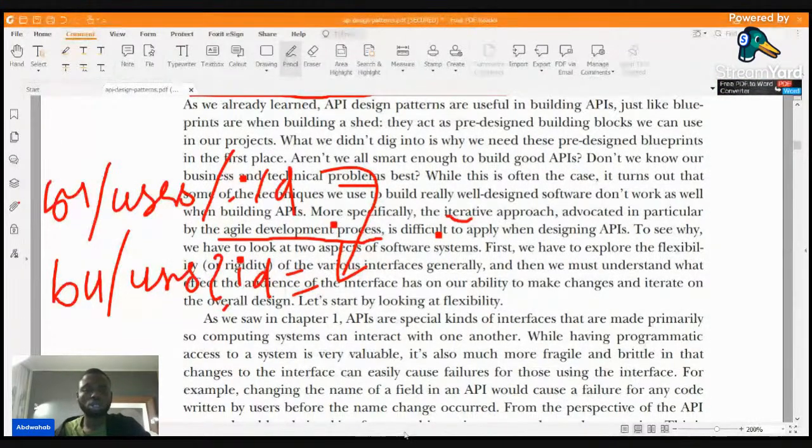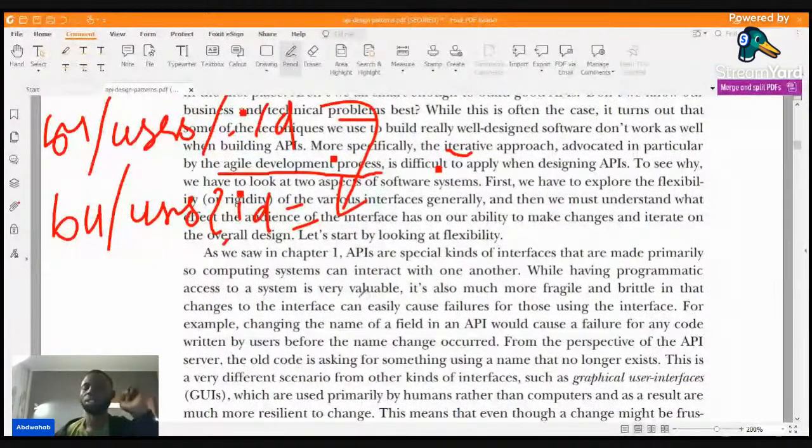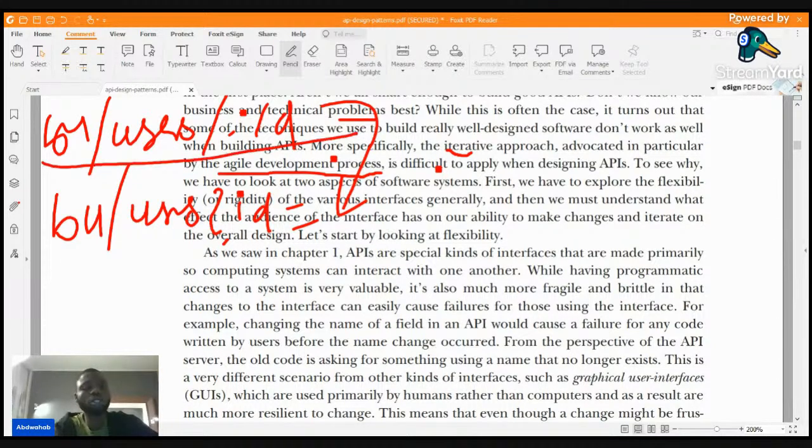So as we saw in chapter 1, APIs are special kinds of interface that are made primarily so computer systems can interact with one another. That means it is programmatic. It's not that somebody is coming to check and see. It's computer integrating with computer, computers speaking to one another. While having programmatic access to a system is useful, it's also much more fragile and prone to failure, because changes to the interface can easily cause failure. If somebody's computer is talking to your computer through this line, but you have changed the line to this one,